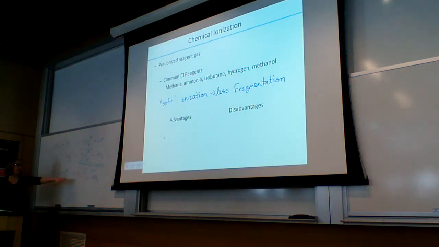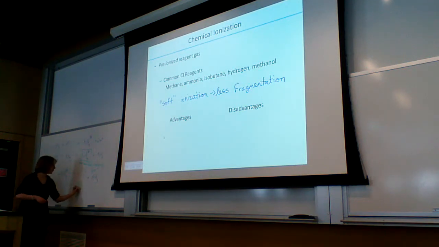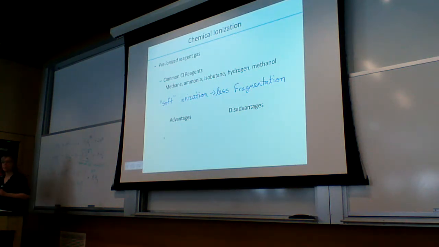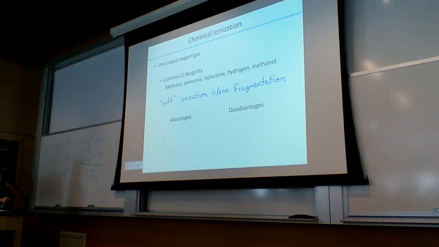The key here, though, is that your M plus peak is no longer M+, but it's M+1 plus, because you've added a hydrogen. And that's likely going to be your most abundant ion in your sample. There are, as I show here, several different reagents that you can use: methane, ammonia, isobutane, hydrogen, methanol. They each have slightly different energies that they would be transferring the hydrogen with, and so you may have to match the